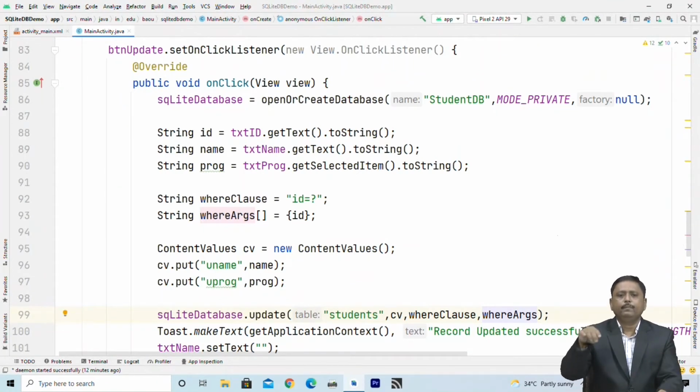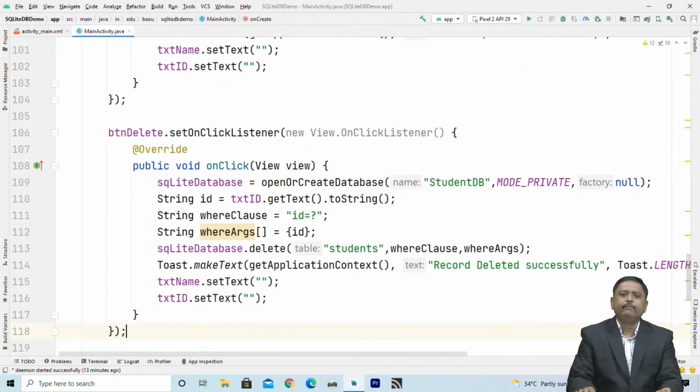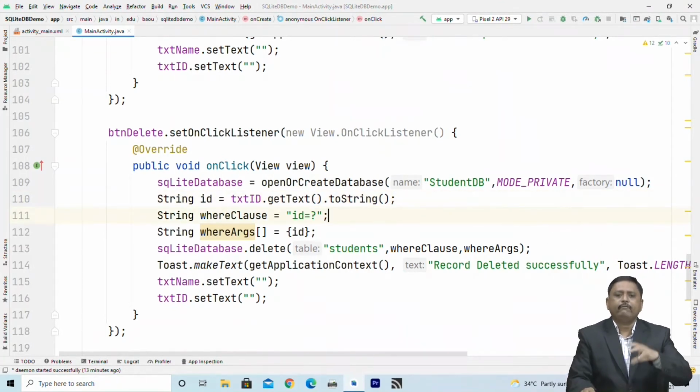Query is similar to update students table, set name is equal to new name and program is equal to new program, where ID is equal to ID entered by user in ID edit text. And then we display toast records updated successfully, and we set name and ID to blank. Similarly, inside delete we only need to provide ID, right? So we have open database, then we capture ID from ID edit text,